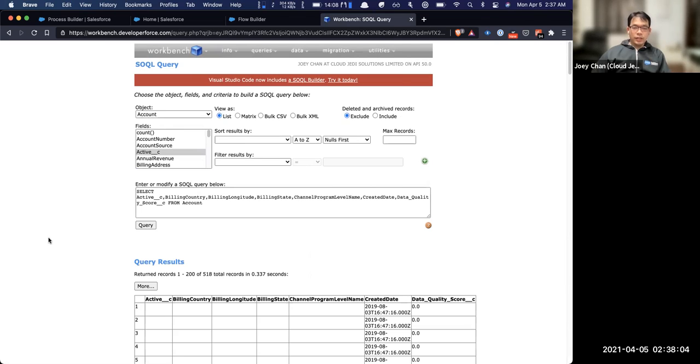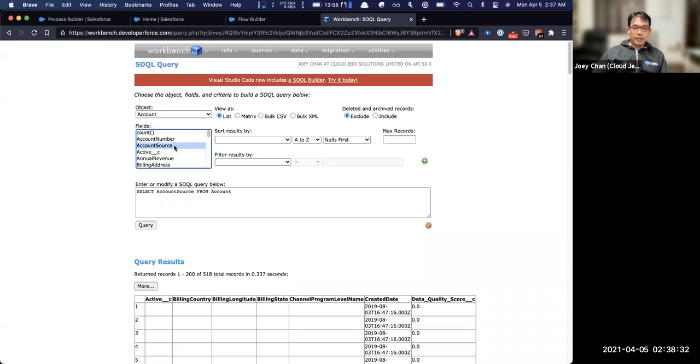One trick that I actually use a lot, something that a lot of developers from other platforms use, is something called select asterisk. It's especially good for debugging purposes. What you can do is get all of the fields within that specific object. From here, we can actually do that by simply